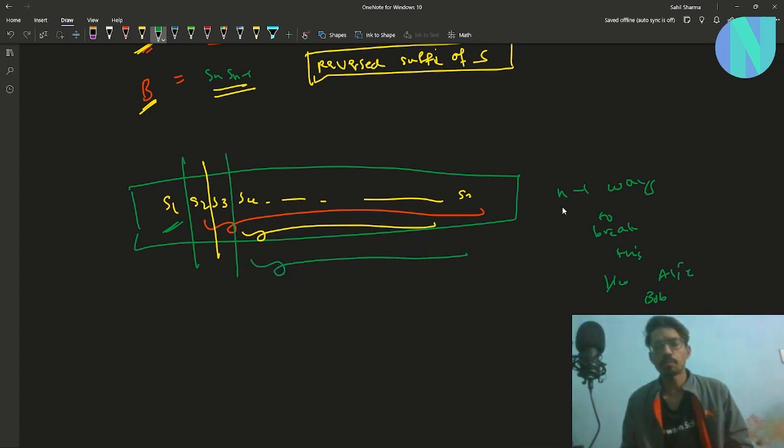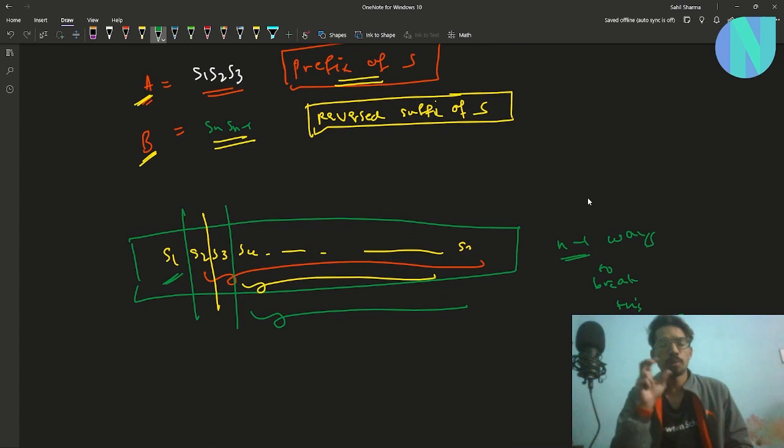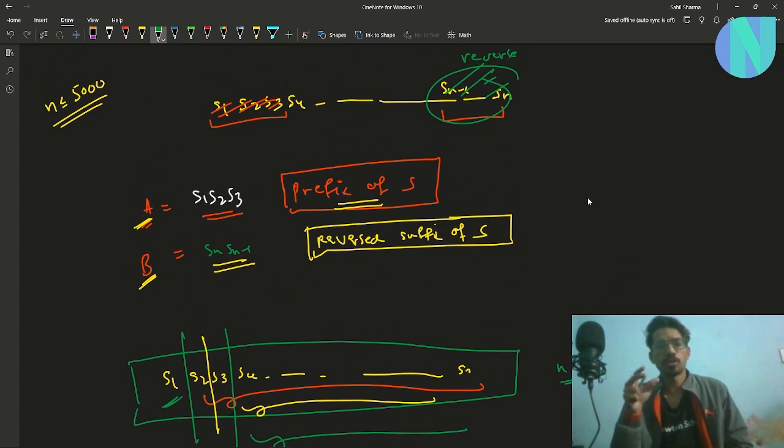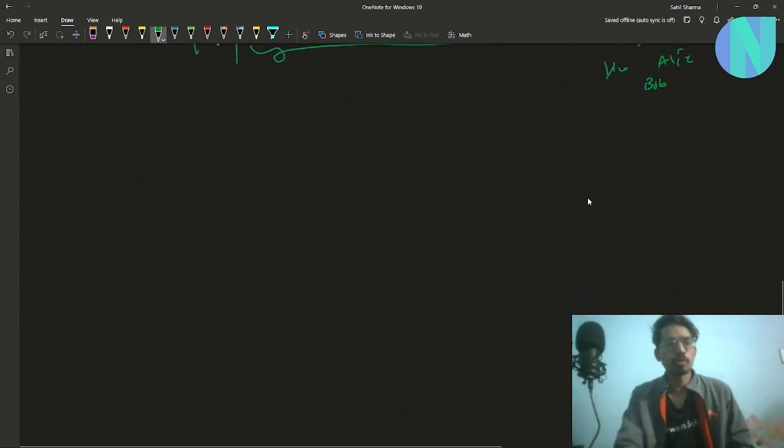So initially there are n minus 1 ways to partition the string between Alice and Bob, and we have to find the partition which will give us the maximum longest common subsequence. This problem is just a variation of the standard longest common subsequence. So we can create